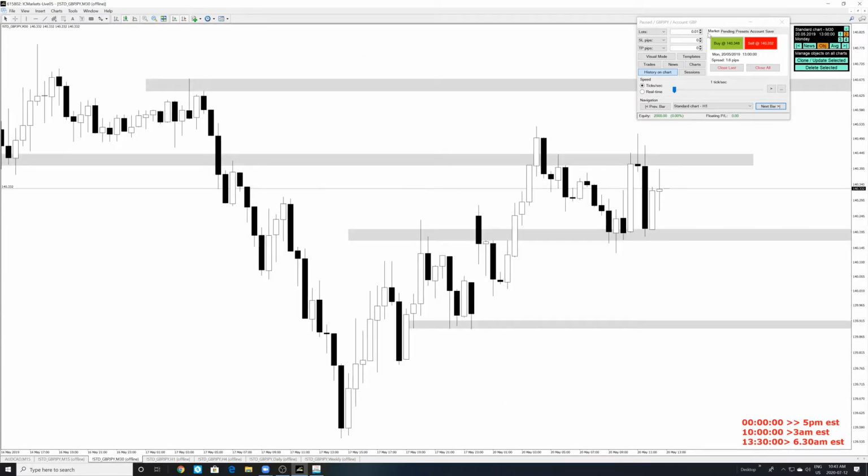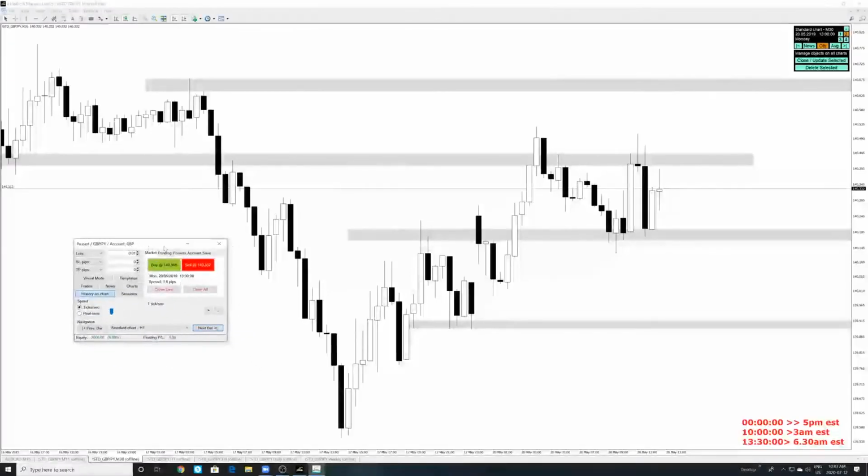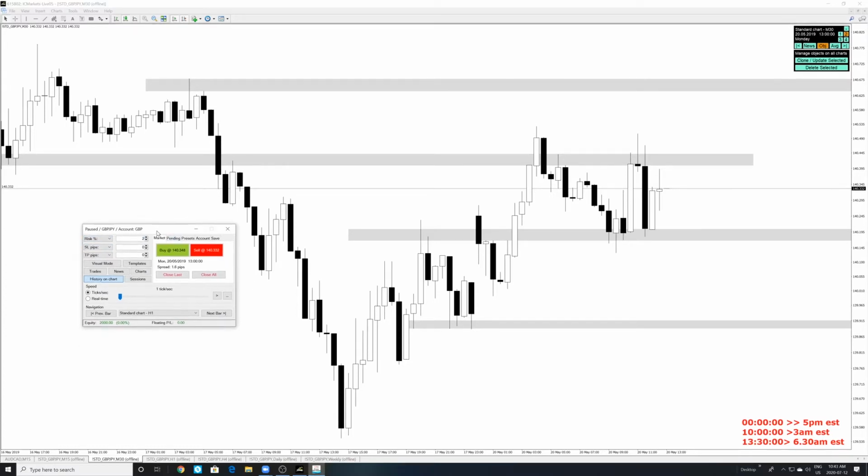Here we have the 30-minute time frame all ready to go, right? If we break the lows, we're coming down into this 30 pip range. If we break the highs, we're coming up towards this 25 pip range. I think it's pretty simple and straightforward so far. Since we have $2,000, we're going to start by risking 2% per trade, right? Yeah, that's what we're going to start with, 2% per trade.